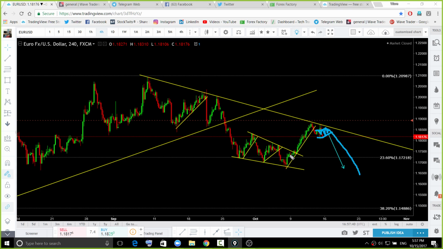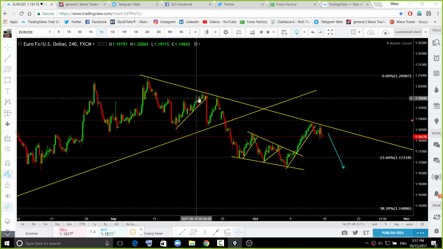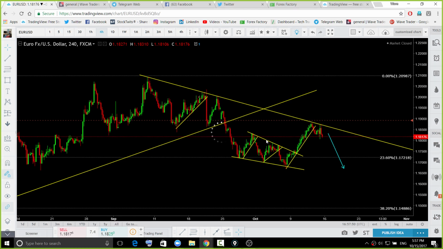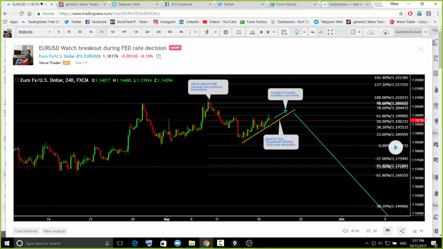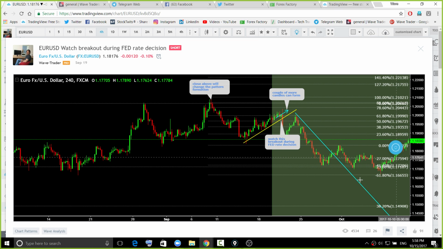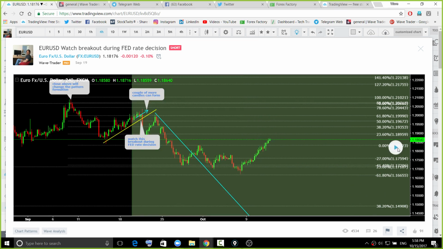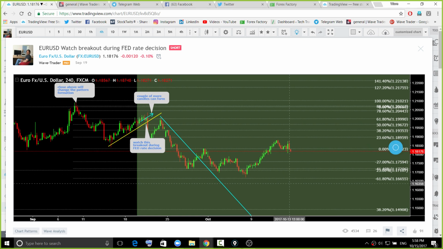Last week we were at this area. What kind of move were we anticipating? We were anticipating a corrective move. I think I have shown you this chart more than three or four times. If you have understood something by looking at this chart again and again, that's good. But if you haven't understood anything, then showing you this chart again and again is useless. So what kind of formation were we anticipating at this area?